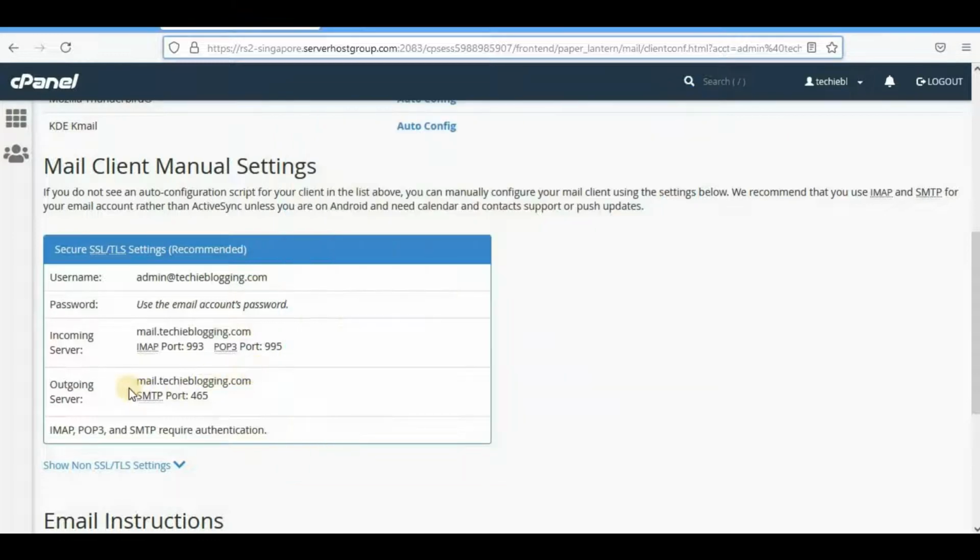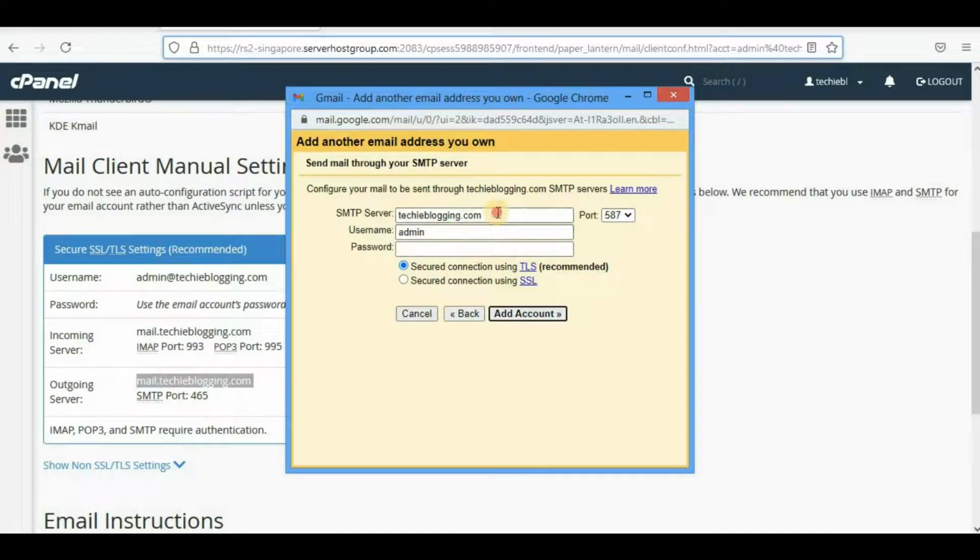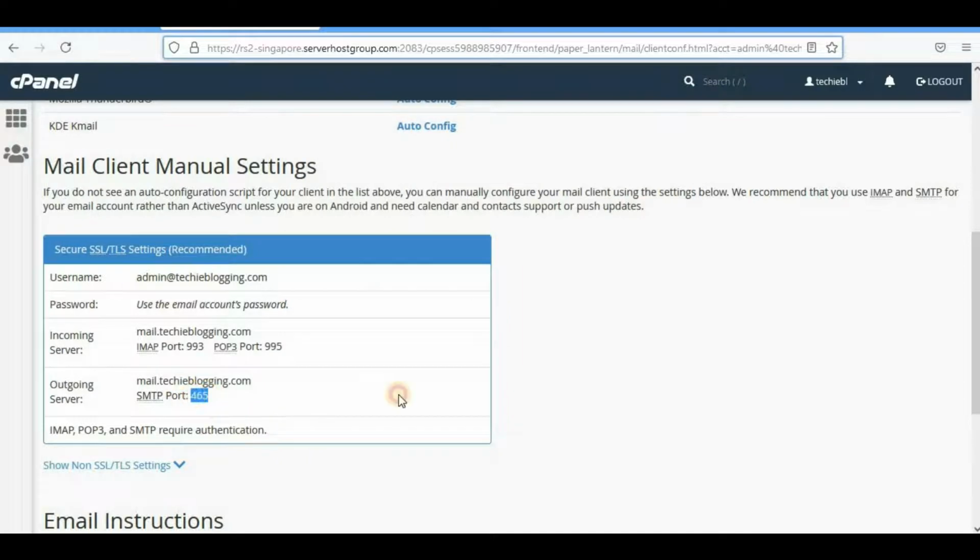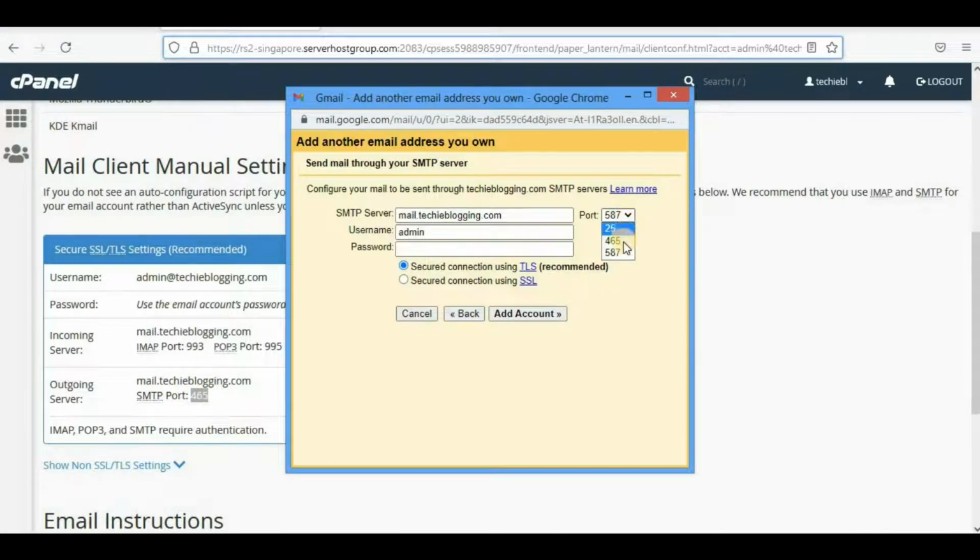So the same information you will be able to get from your cPanel's mail account information. So the outgoing server is nothing but the SMTP server. In my case it's the same as the POP server. So I will paste it, and next the port is here, port 465. So the same thing I will have to select here, port 465. Username would be similar to your business email.com. So in my case it is